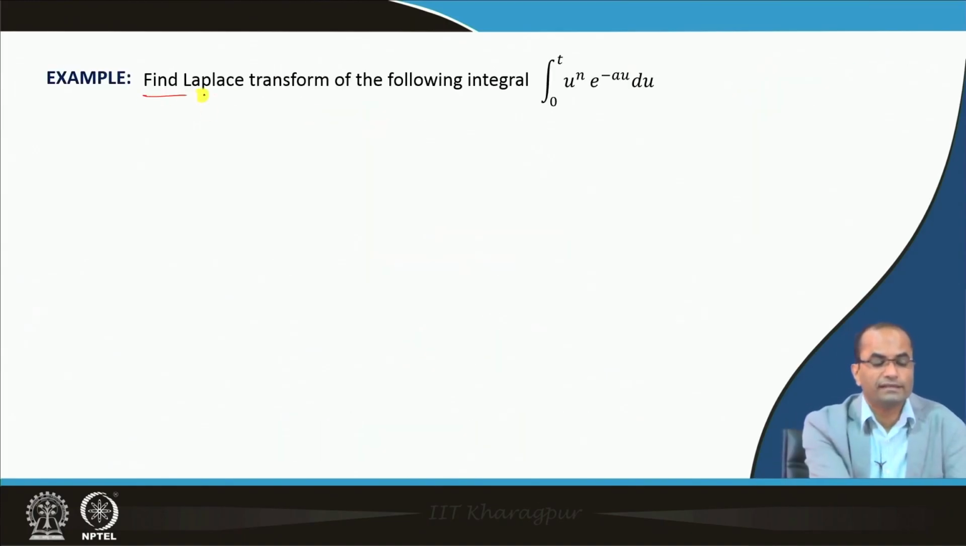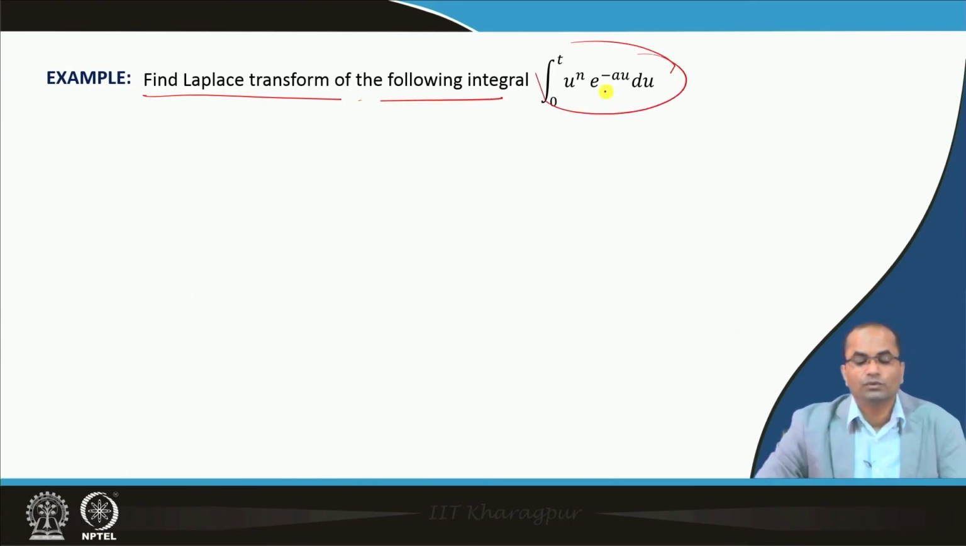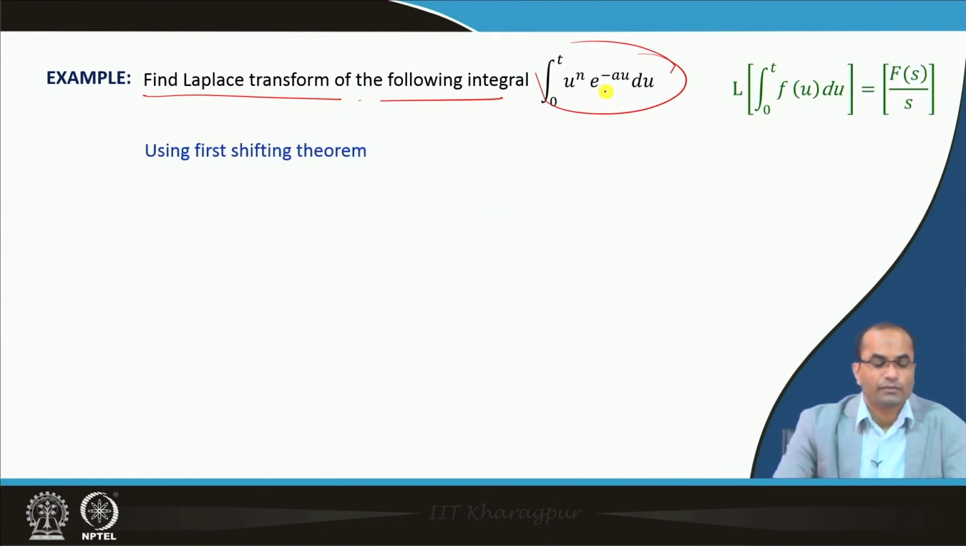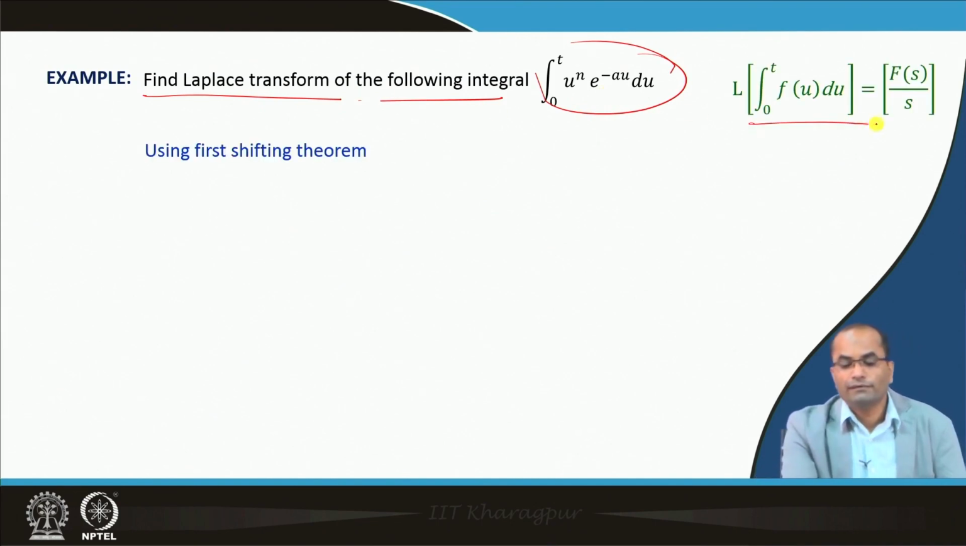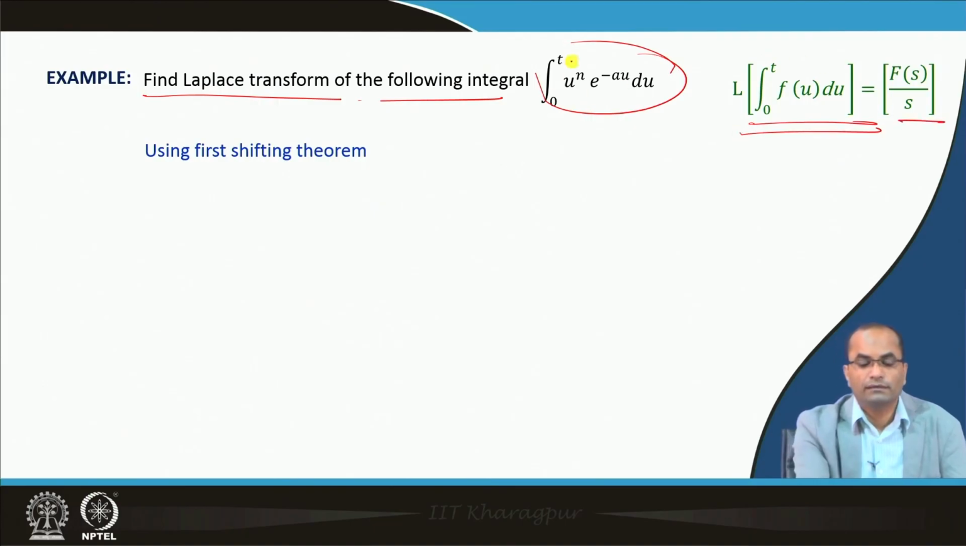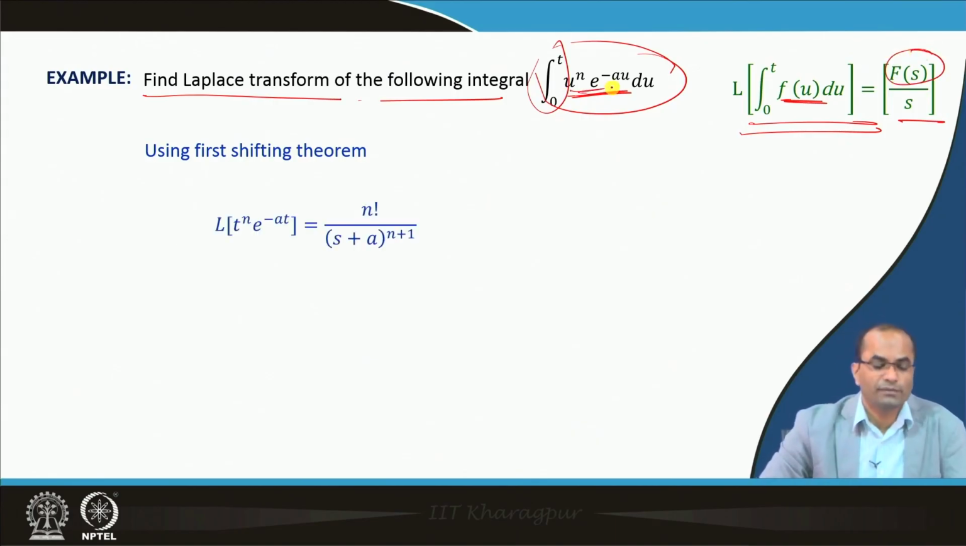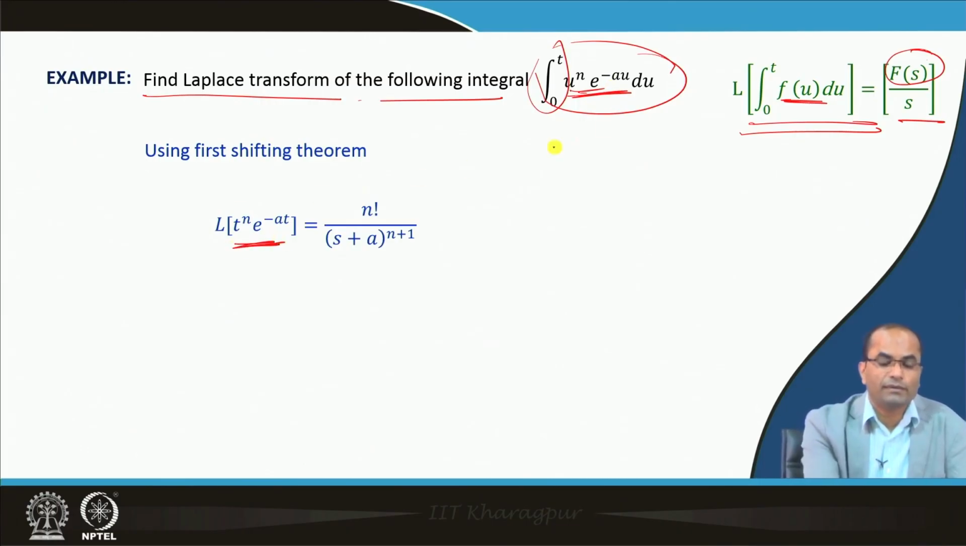The next is, find the Laplace transform of the integral 0 to t u power n e power minus a u. So, again we will apply this, the integral of f u du. Here f u is u power n e power minus a u, and so we have to get just the Laplace transform of this, and then we can just divide by s. So, the Laplace transform of t power n e power minus a t,